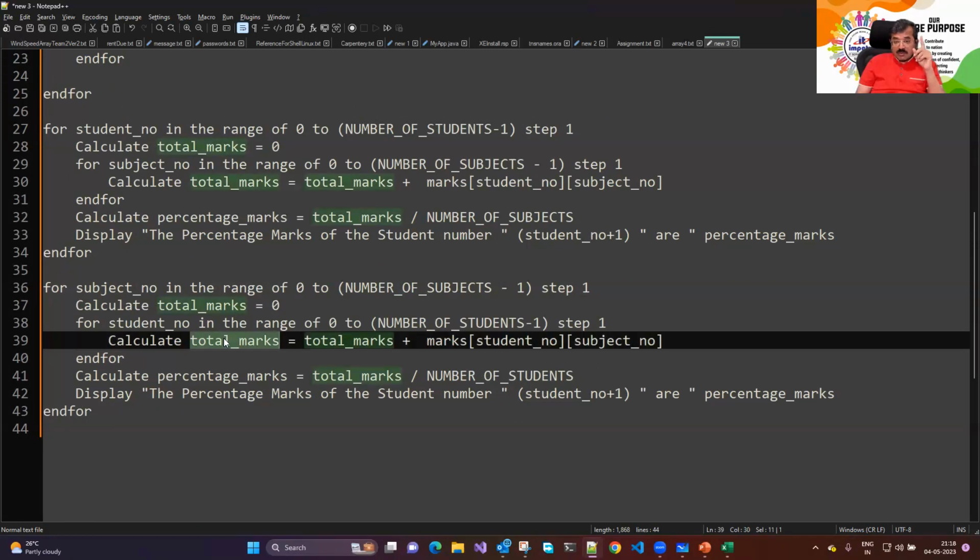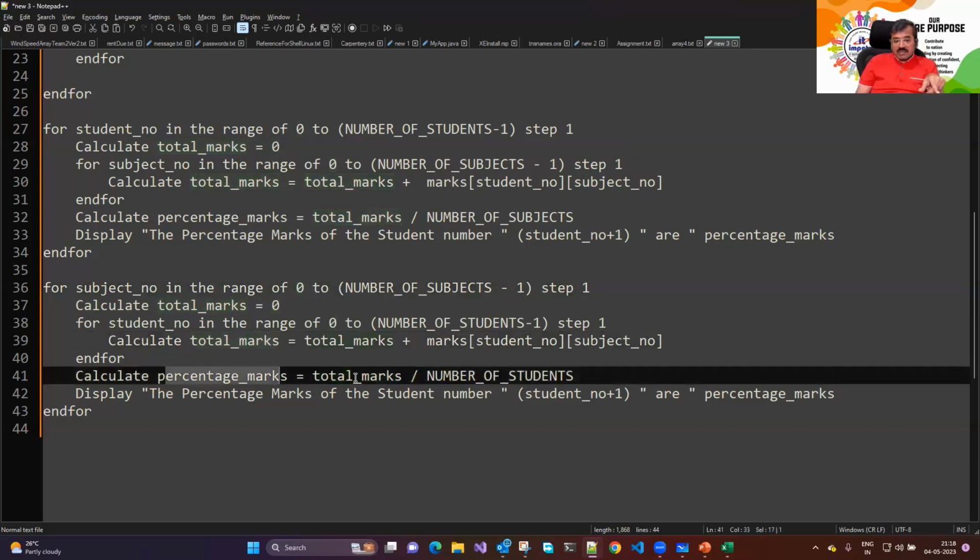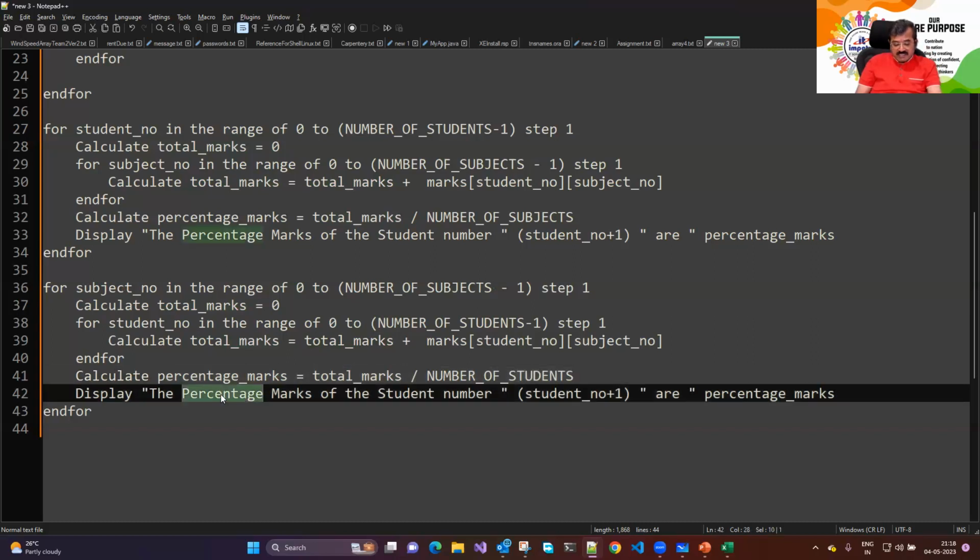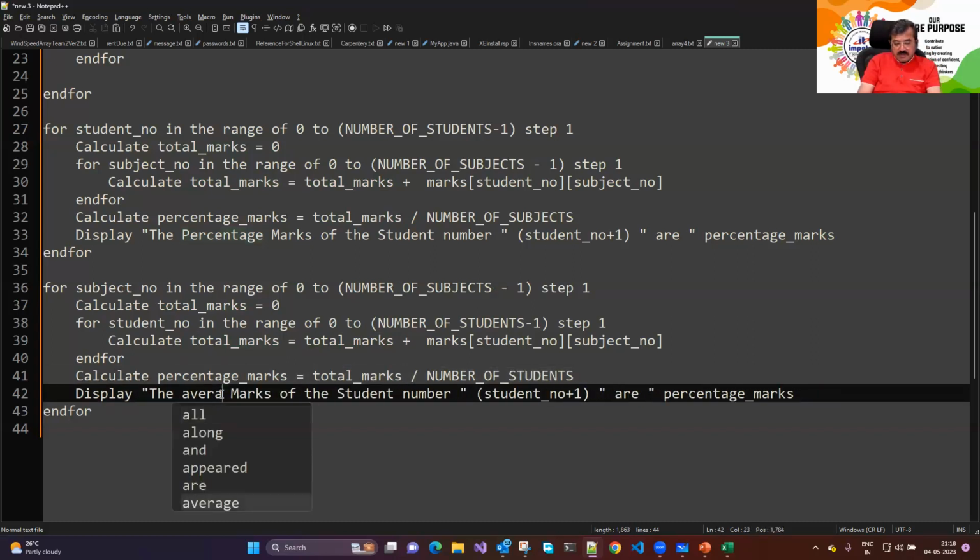This total marks is total marks of the class in that subject. Subject number 0 का total आ गया. तो ये percentage subject number 0 का आ गया. So I'll say percentage या average. You can say anything. Average and percentage is exactly the same. The average marks of the students of the class